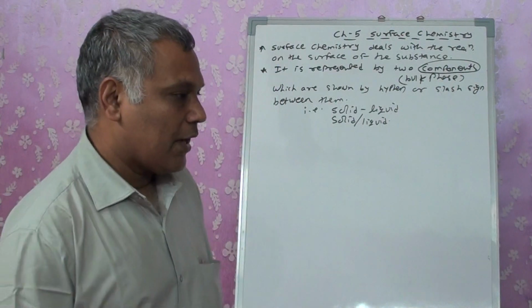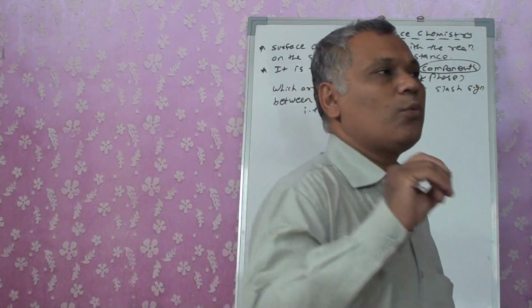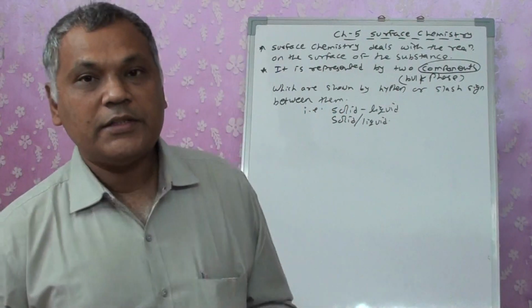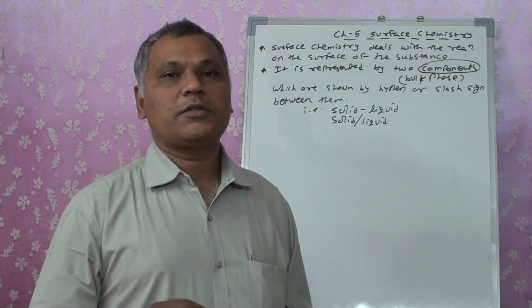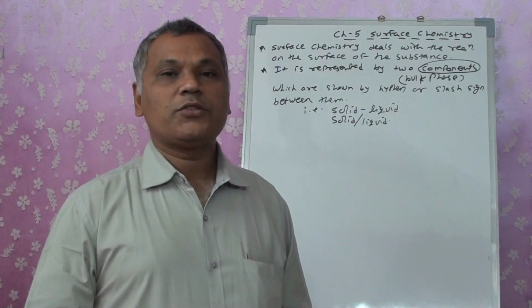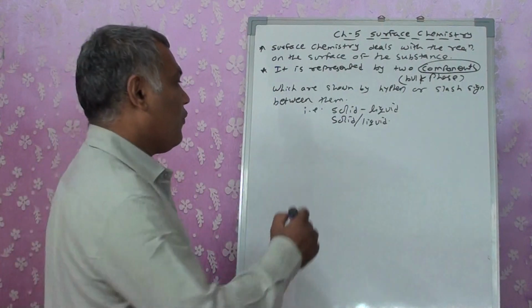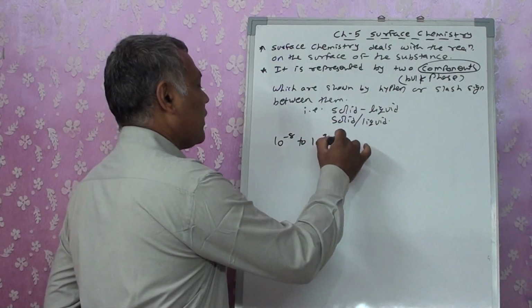So whatever the reaction, if I want to carry it out, even on small pore size components, then what is necessary? It should be a quite clean surface. Nowadays it is possible to produce such clean, neat surfaces of the metals where the reaction can be carried out. So for that, what is required? We need 10 raised to minus 8 to 10 raised to minus 9 Pascal.